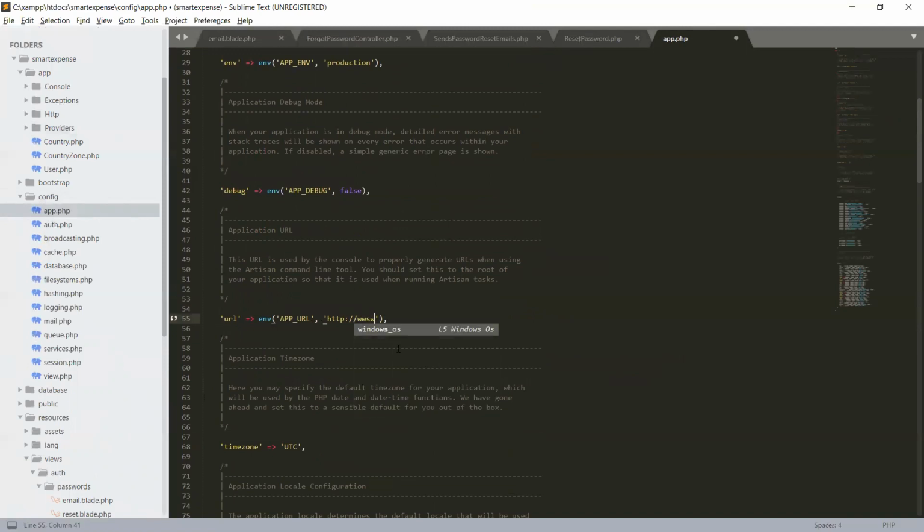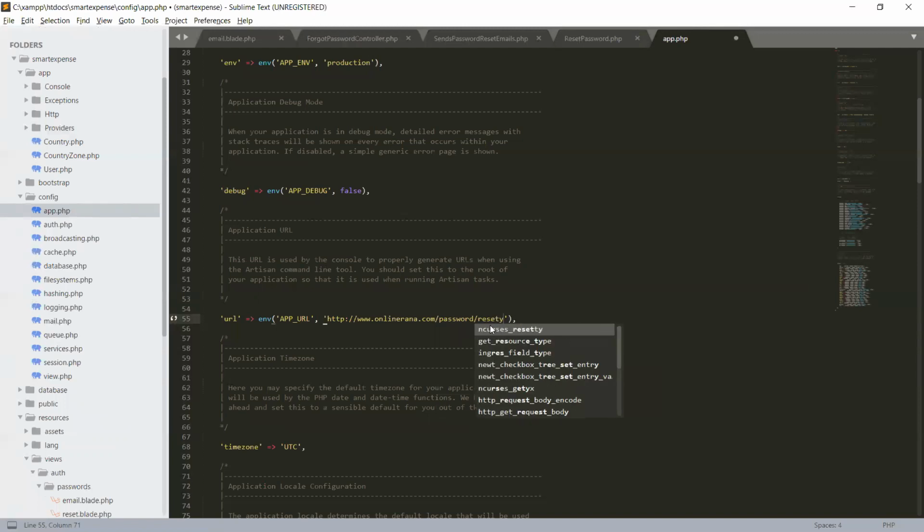Suppose www.onlinerana.com, so this URL will be sent through the password reset. So when the email comes with the password reset link, it will look like password, reset, and slash the token.